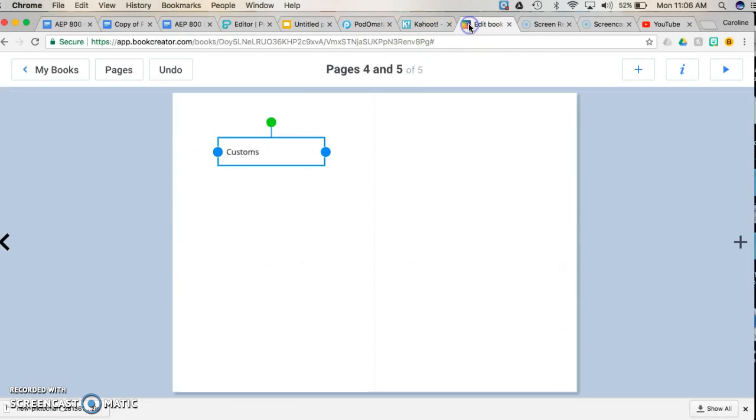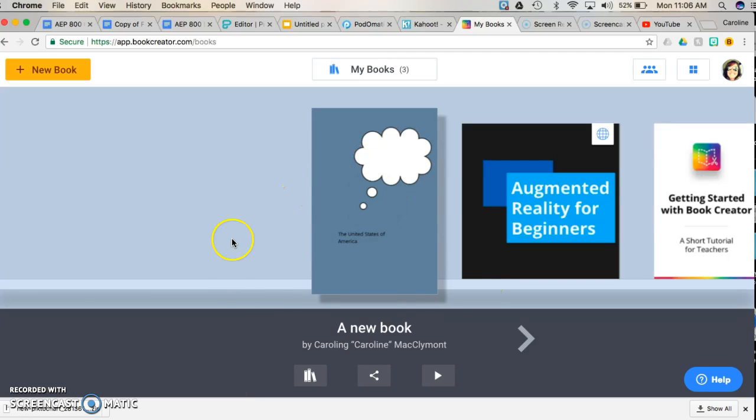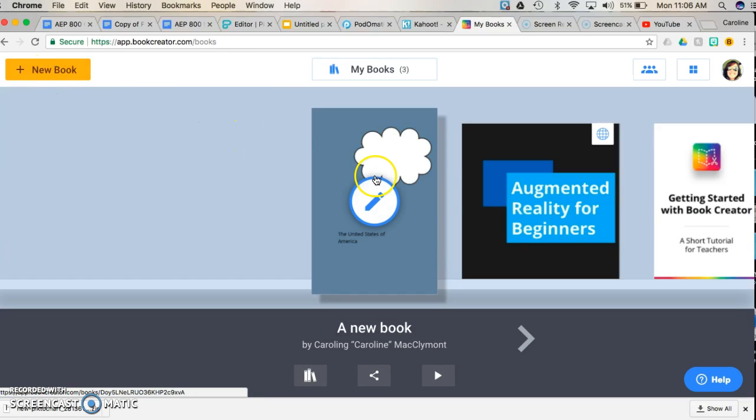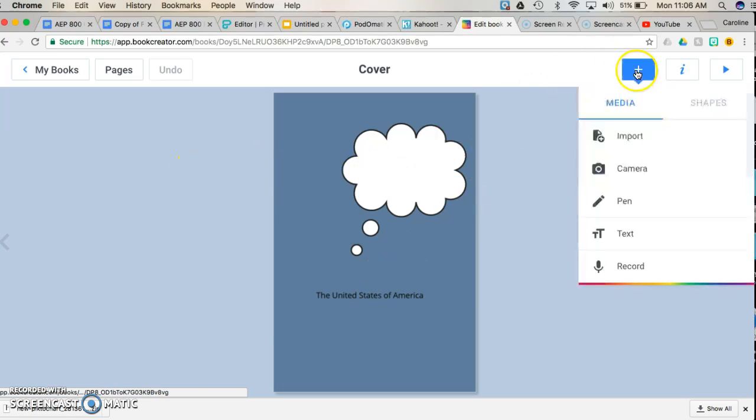So here is Book Creator. You've signed into this website. You can, again, do it through Google, which is really nice. Our kids all have SMSD email addresses, but they work with Google. You click on New Book, and you have your choice of 6 books. Once you have clicked on your book, it gives you the cover page, and you can